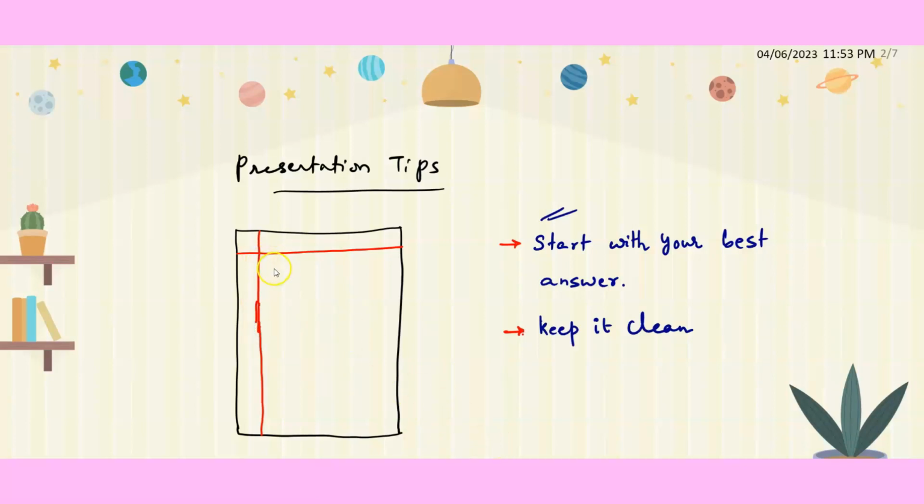Then one more important thing: many people write the question numbers at the left side of the margin, and many times when you fold it, or nowadays many universities are scanning the answer sheets, during the scanning this question number may be cut, so it may not be scanned properly. So it's better to write the question number inside the margin on the left side,